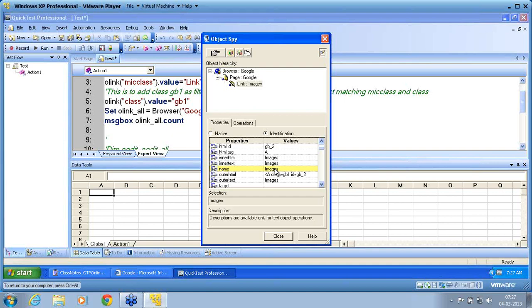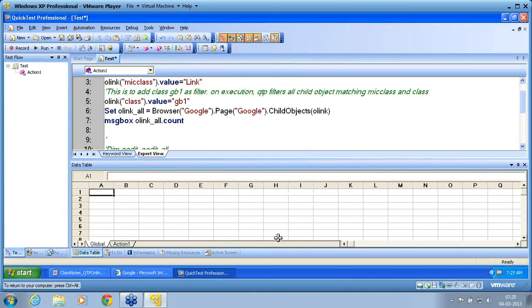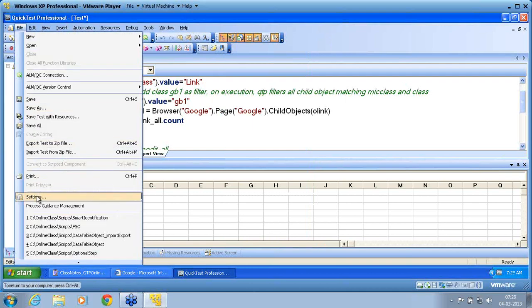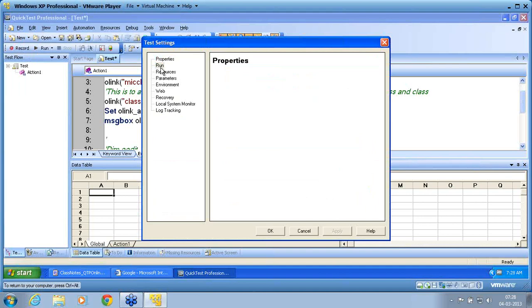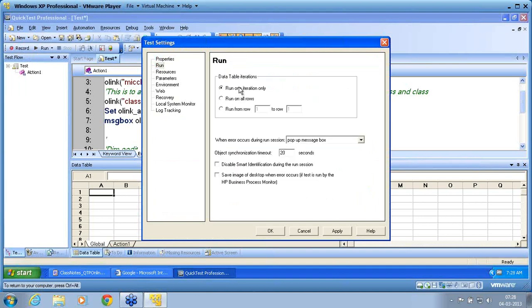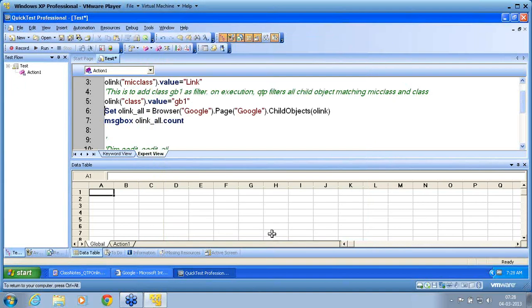I want to retrieve these 2 properties of the link object for all 7 objects and store these values into my global sheet. Since I want to store them and it is not a real iteration, I am making this run all one iteration only, so that it is not iterated through.